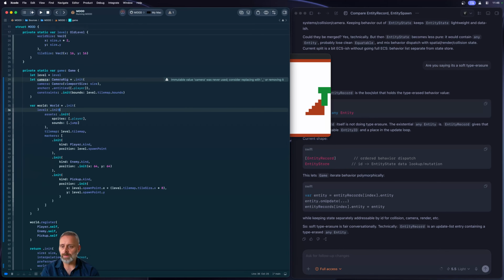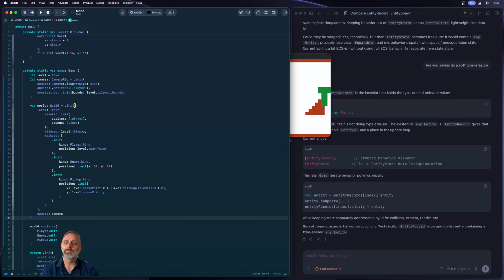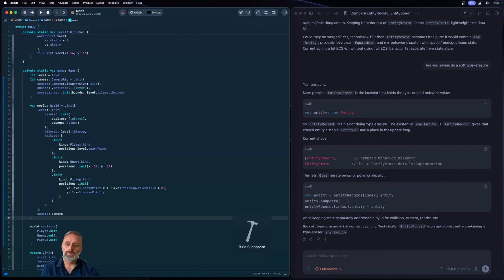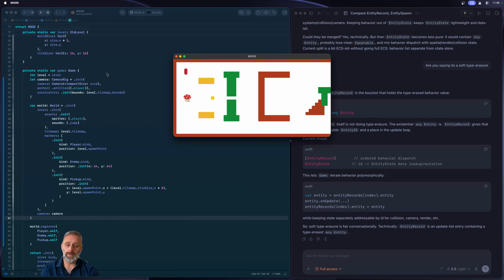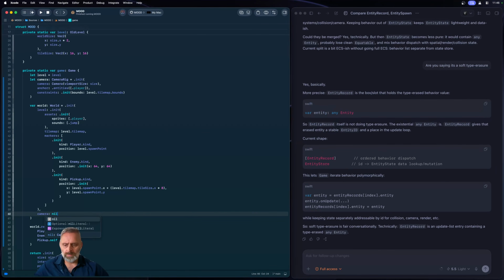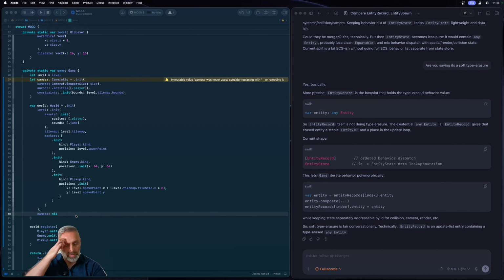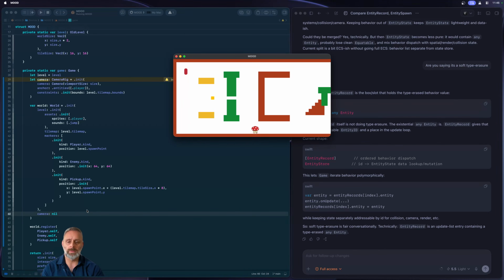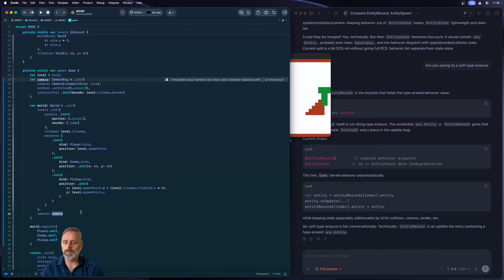I don't honestly know if I prefer that or not, but it's fine. Camera is camera. So if I do that, this should behave the same way. Oops. Yeah. And then if I pass nil here, what happens? Hopefully it just shows the scene. Yeah, okay, that's good. That's all right. I'm okay with that. So this at least gives us the same